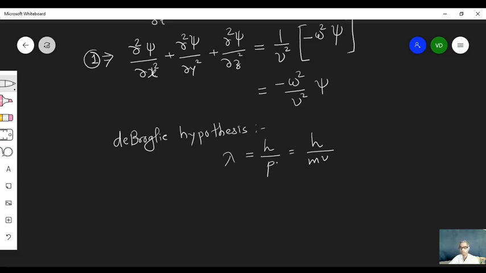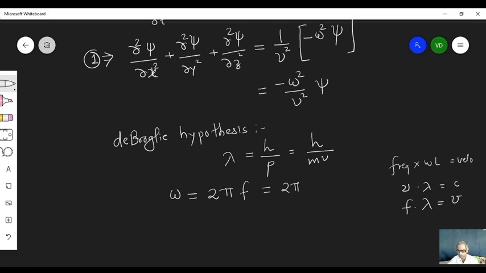Now here we can write omega, the angular frequency, as 2 pi f. F is frequency, and we know frequency multiplied by wavelength is the velocity. Normally in quantum mechanics we write nu lambda equal to c. So in classical mechanics, instead of nu we have the frequency denoted by f, lambda as it is, and the velocity is denoted by v. So we can write f equal to v divided by lambda,